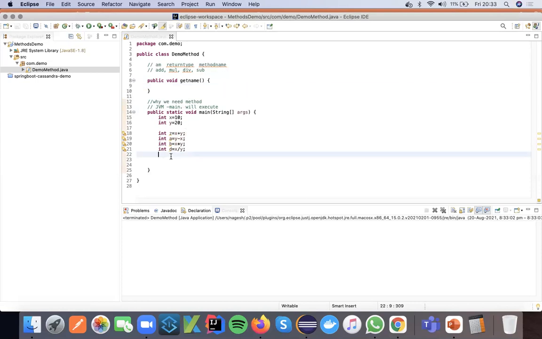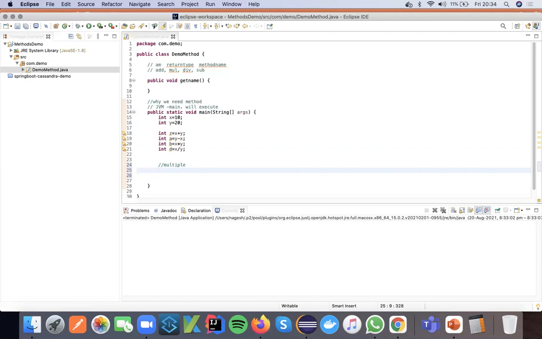So if I wanted to execute a certain statement, all the statements need to be executed, and there is no way to explicitly skip a specific statement. Say, for example, I wanted to write multiple lines of code and execute them. Here, method dependency is not there. I feel method dependency is not there.